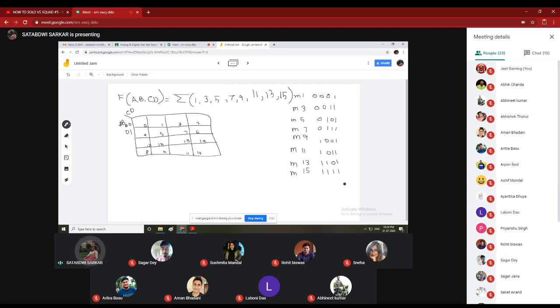Now we have to put ones for these values. So 15 is here, so we have to put 1. 13 we have to put 1. 11 we have to put here 1. 9, where is 9? Here, 1. 7, 5, 3, and 1. Now it looks good, and I think it would be easy to make the group.